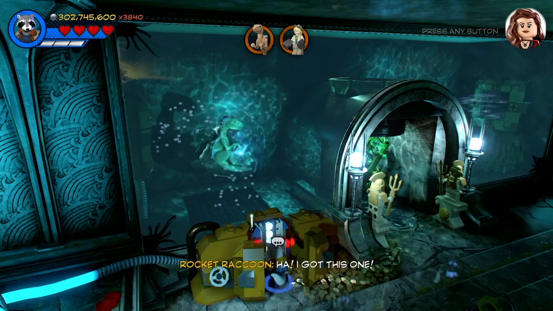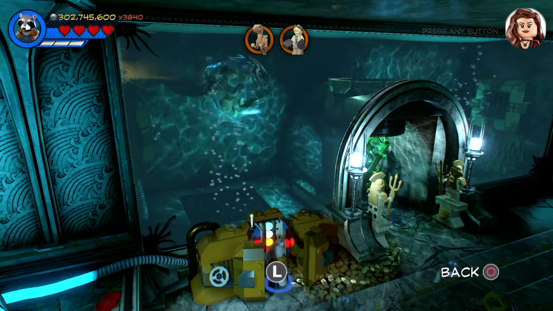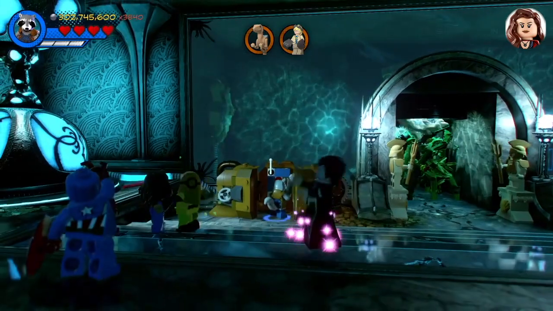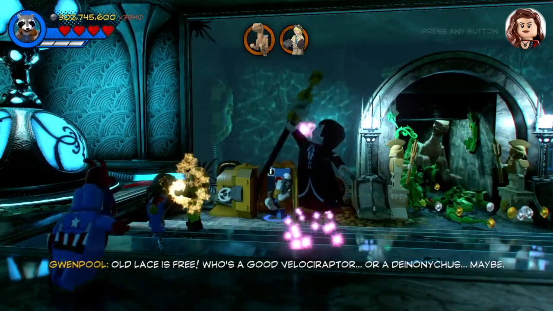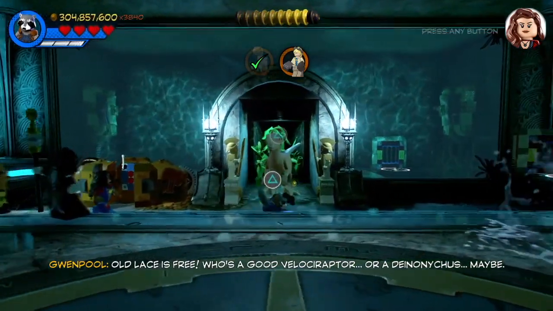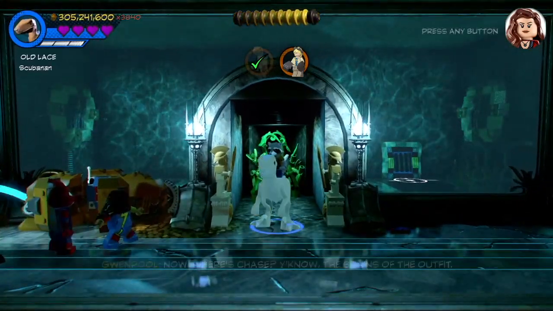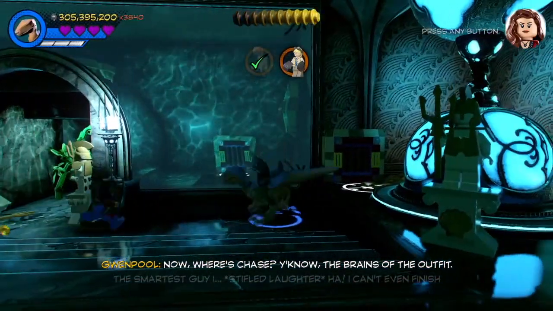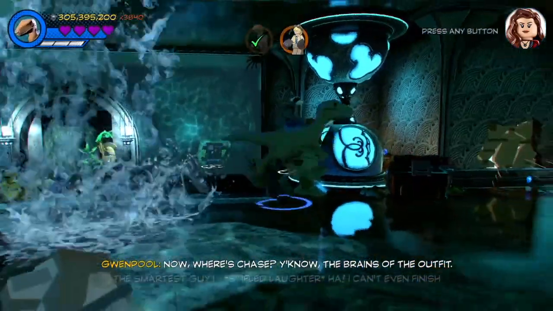Ha! I got this one! Old Lace is free! Who's a good velociraptor? Or a Deinonychus, maybe? Now where's Chase? You know, the brains of the outfit. The smartest guy